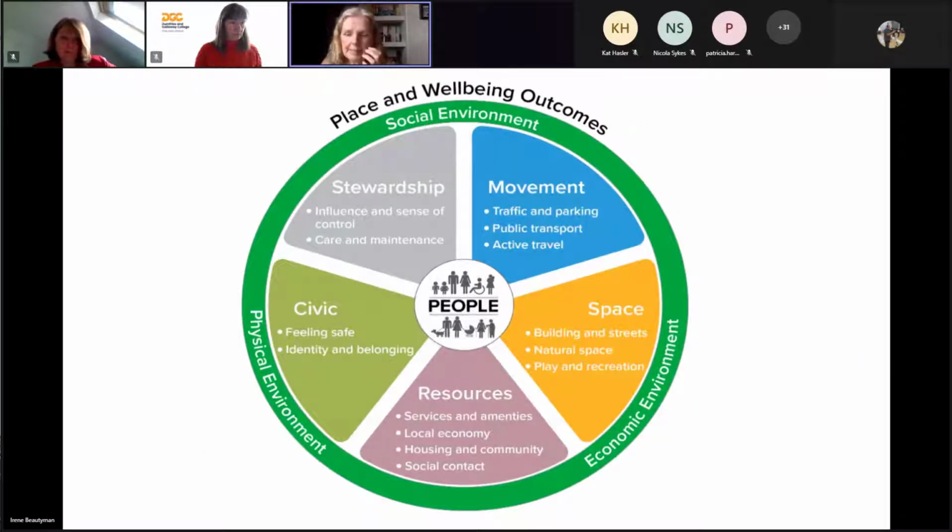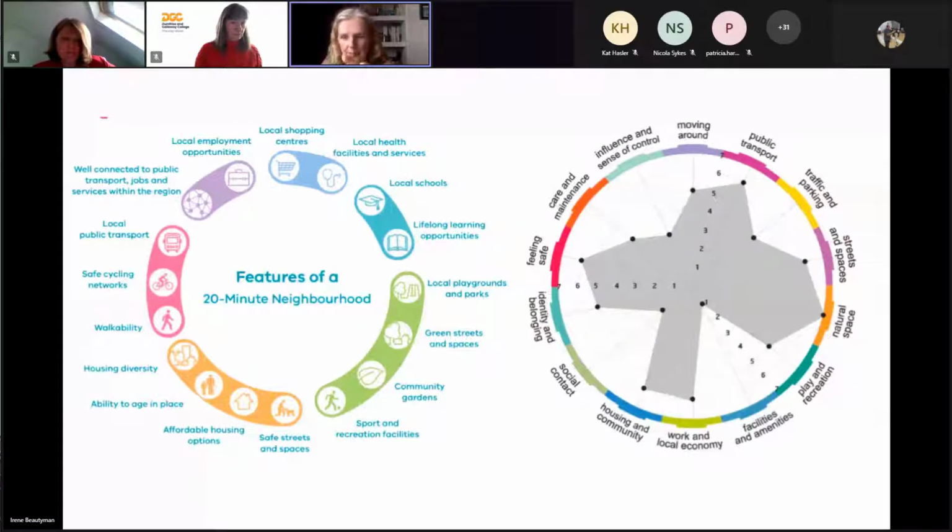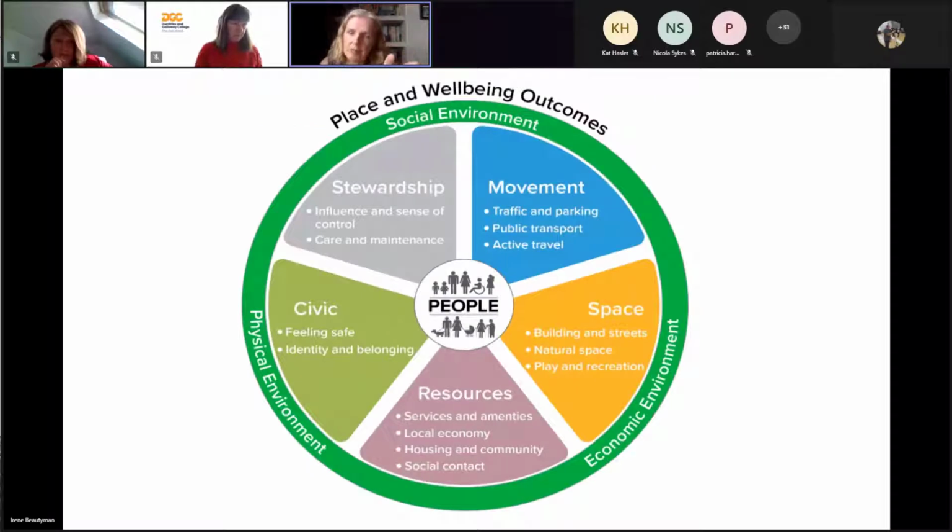So looking at those Place Standard tool questions, and looking at the fact that we have a 20-minute neighbourhood ambition and an ambition for more local living, and thinking about how a place actually impacts on the health and well-being of people. The Place and Wellbeing Outcomes have been developed by a collaborative consortium of Public Health, the Director of Public Health Scotland, COSLA,